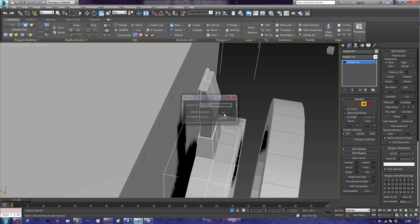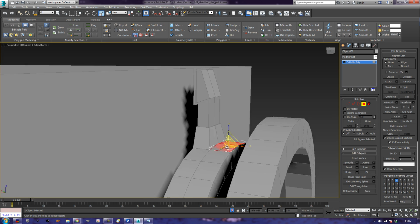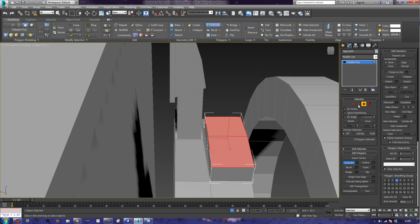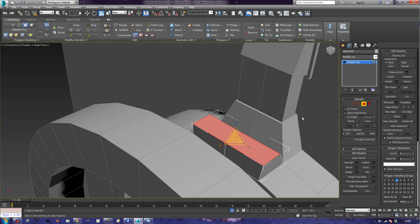And that means that I can now grab just these two polygons and basically extrude them up, like that. I don't need to extrude them far really. And what I'm going to do now is basically mess around with the shape. So if I take this and this, bring them across, because I want to get some real impressions of strength and stability and all the other cool things that are going to make this model really shine as far as I'm concerned. Okay, so I'm going to bring those in like that,